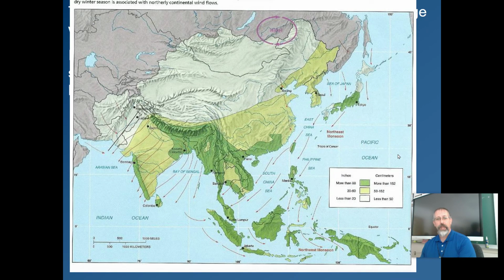The monsoons happen because of this. So in the wintertime, you have this situation where you have high pressure up here over Mongolia and lower pressure down here over the Indian Ocean, lower latitude, warmer conditions. And so the winds tend to go from high pressure to low pressure. So the winds come across the Himalayan mountain range here, across India, out into the ocean.